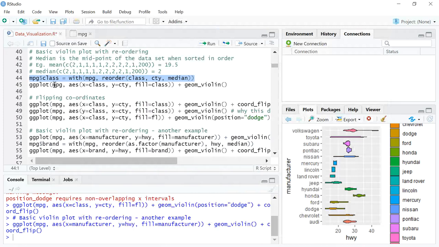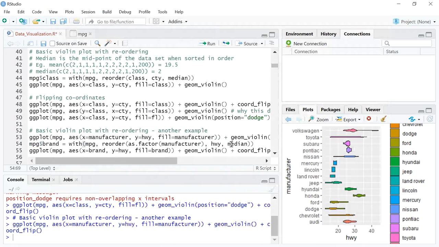The only difference is that in line number 44 we are doing it on an existing class. Here we are creating a new class, a new column, and then putting our median values there, right? And when you plot the ggplot, you will use brand in the x-axis and not the manufacturer column, right? This is because you have already sequenced the order in the new column, right?